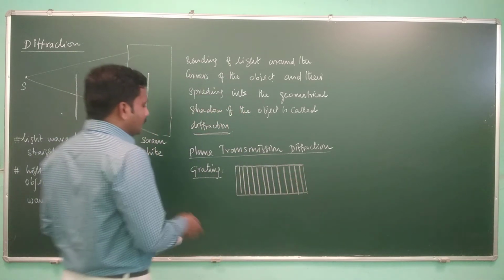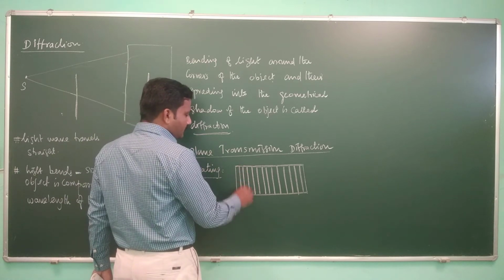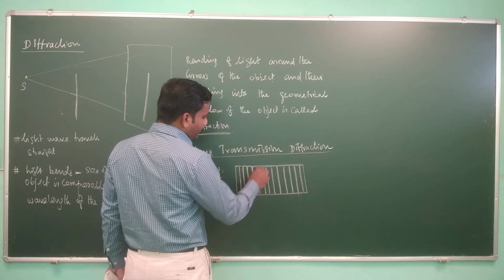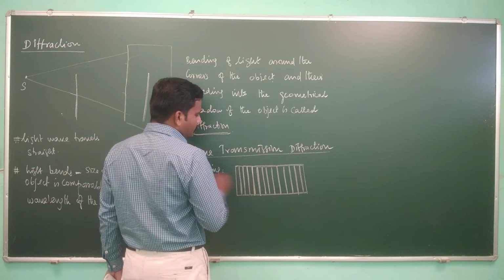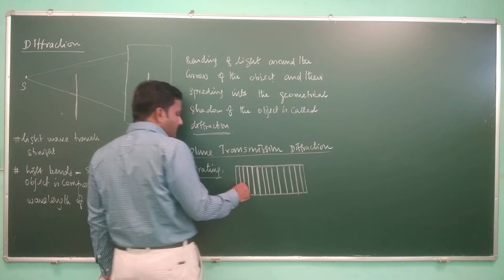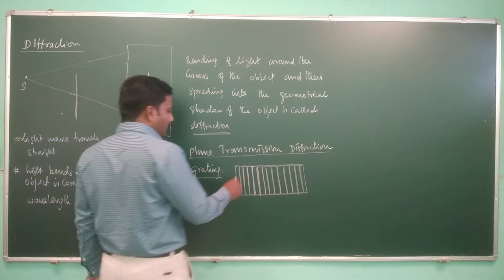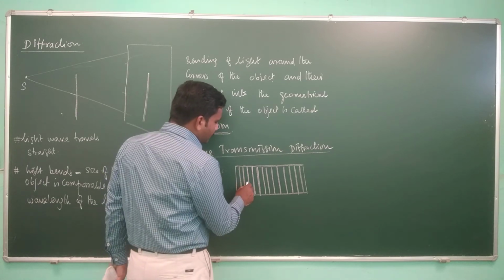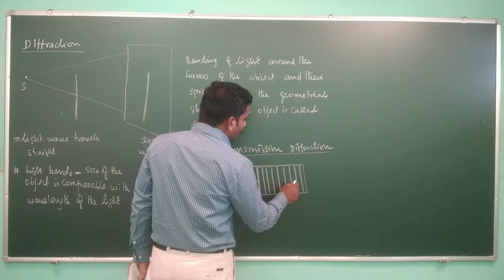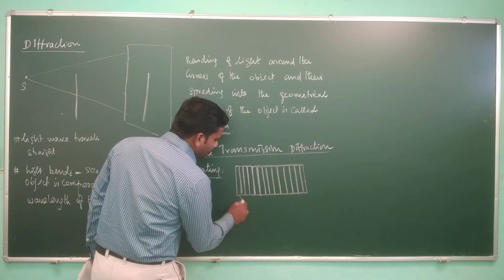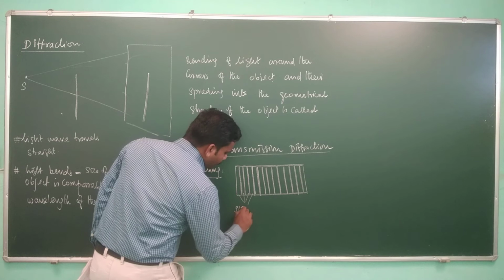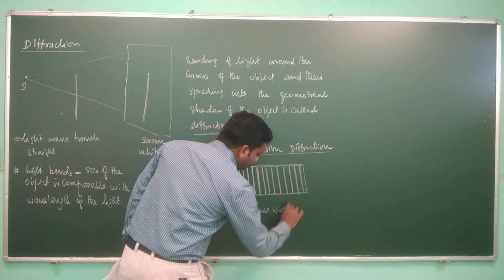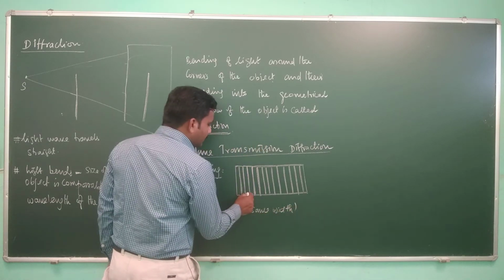Now let us assume that these white spaces are all opaque to light. So if you pass light through the white space, it will bounce back, or it will not penetrate into this material. So these dark spaces are the gratings, the slits. So these are the slits, of the same width. All the slit widths are the same, right?